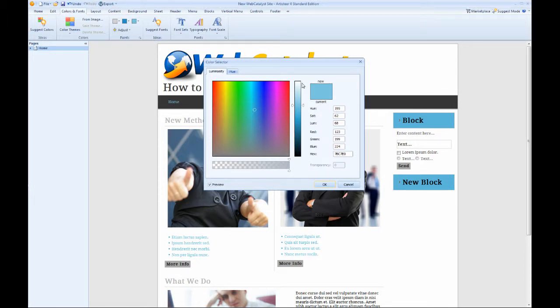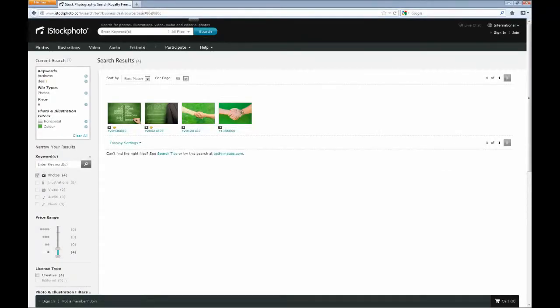Obviously the lightest of any color is white, and the darkest of any color is black. But what we want is this hex number here. This is the computer code reference number for that particular shade of color. So if we highlight that hex number, right click and copy, we can then go to iStock Photo,